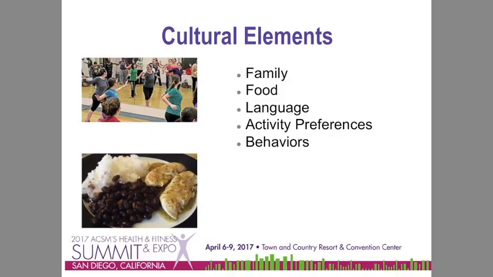Some of the elements that I've included here, one is family. We looked at our community as being strong within the Latino community. Family is very important. Often extended family do things together. Oftentimes families were large. So we said, well, how is that going to be a strength for us? And that's where we expanded and included our nutrition and physical activity for families where parents were coming with their children. We used family as a form of social support, which we all are learning is really important with exercise adherence and other programming.